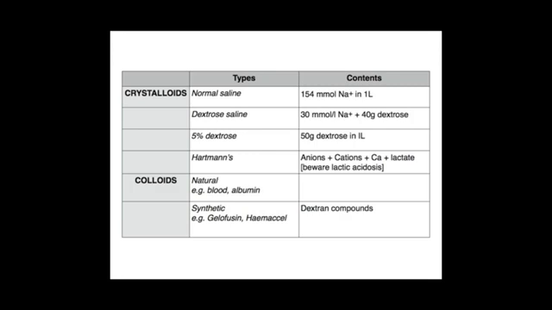So normal saline, the important thing to know here is that it contains 154 millimoles of sodium. So you'll note that actually one bag of normal saline has 54 millimoles more than is required by a patient per day if they were in good health. 5% dextrose doesn't contain any sodium, but contains 50 grams of dextrose in 1 litre. Finally, Hartmann's, which is